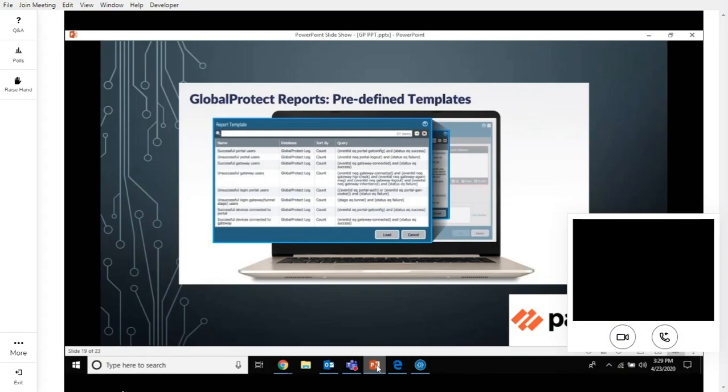People used to, admins used to export the logs from the monitoring or traffic logs, and they used to form their own reports. But now there are reports specifically, or I would say predefined report templates specifically for Global Protect VPN. As you can see in the picture,